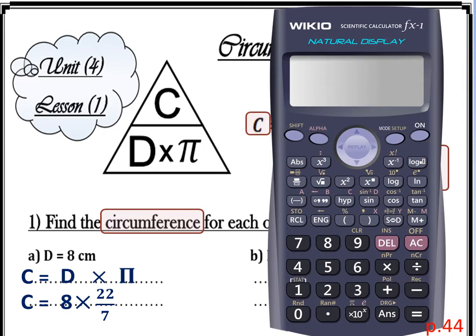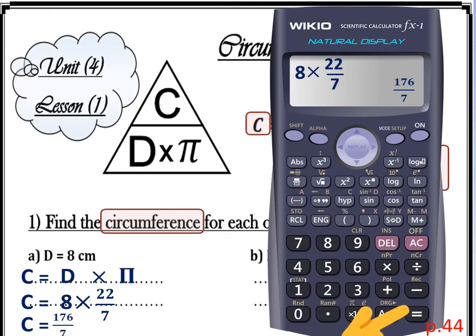When we put it on the calculator, we write 8 times, put the fraction like this, 22, and click down to write the 7. And now the answer is